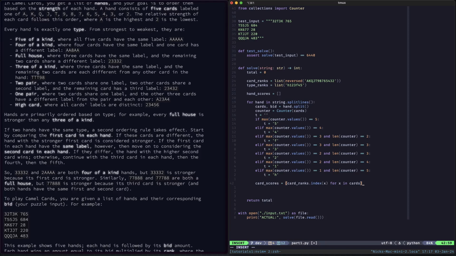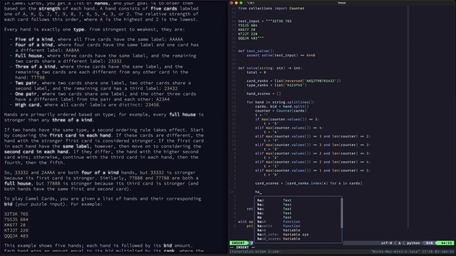So that's going to give us the score, with the lowest being 0, highest being however many cards there are. So that way we can card for card compare the index, get the highest ranking one later on if we need to fall back to that particular thing. Finally, if we then add this to the hand scores